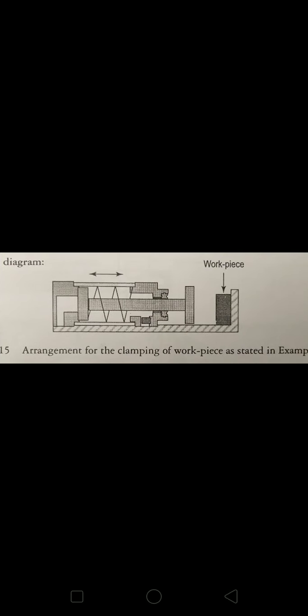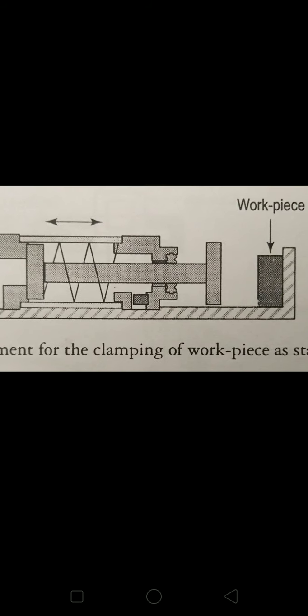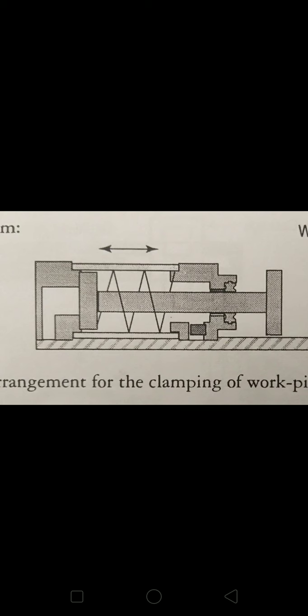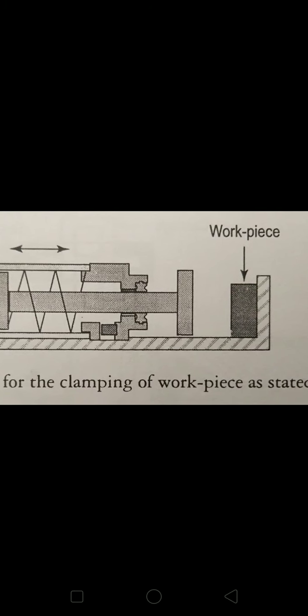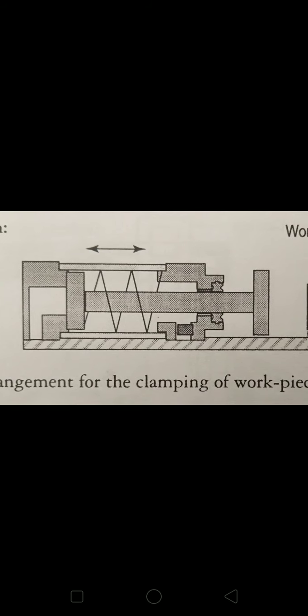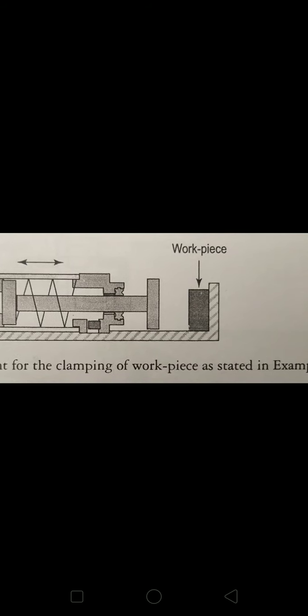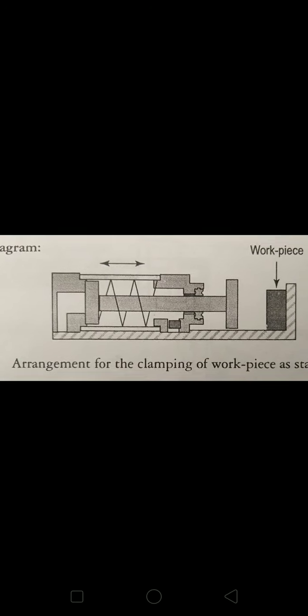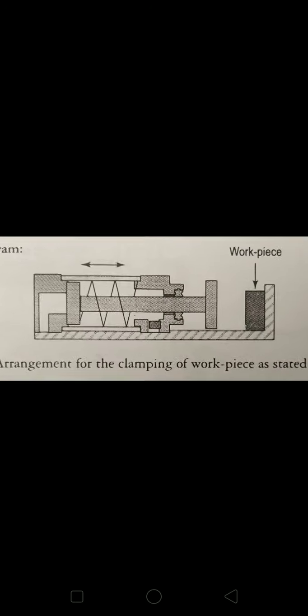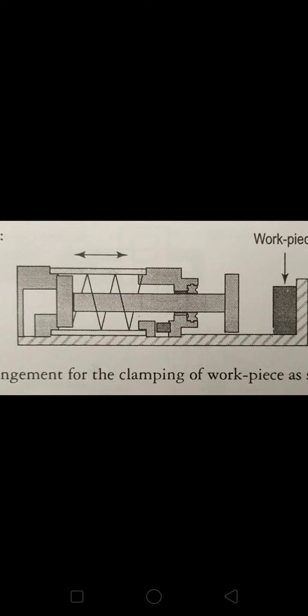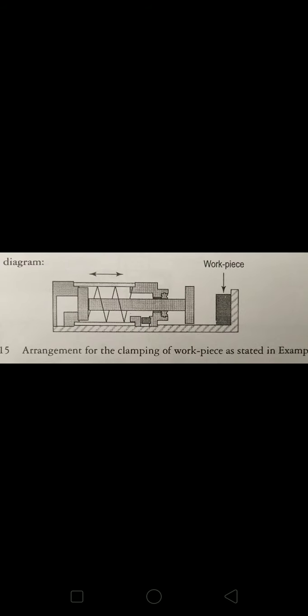First you can see what is required. The workpiece is shown to you. You can see the piston which is inside the cylinder and its link which is outside. When force is applied and the piston is moving towards the left, it goes towards the workpiece and clamps the workpiece. So it is an arrangement for the clamping of a workpiece, as we are asking for. This is the simple arrangement, and what we want is an indirect control through this.